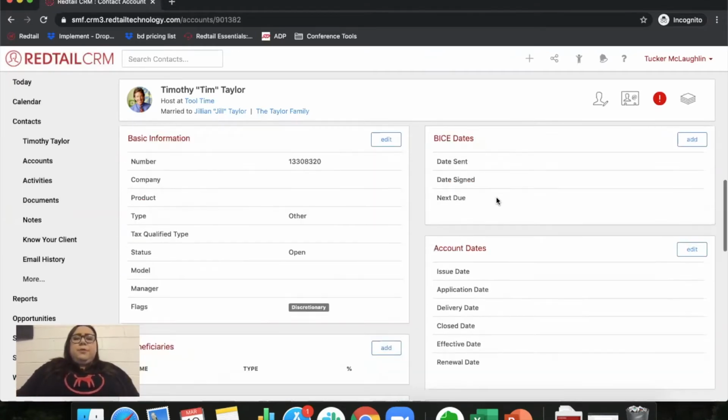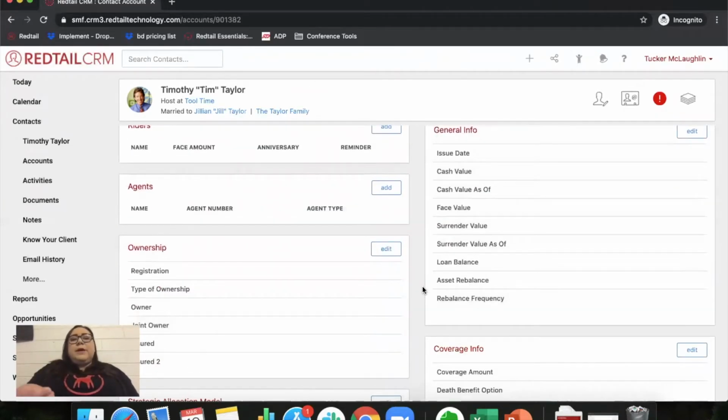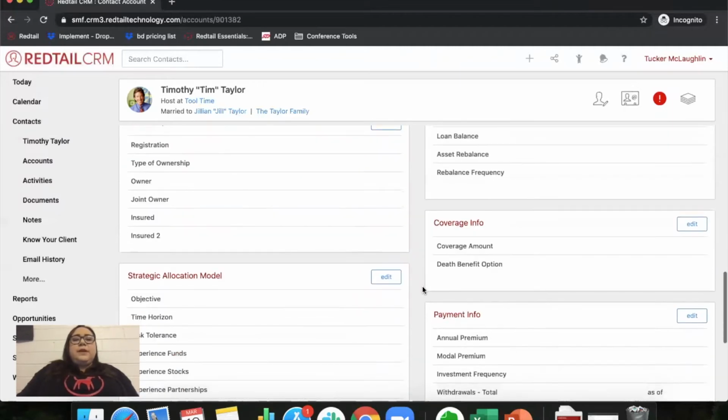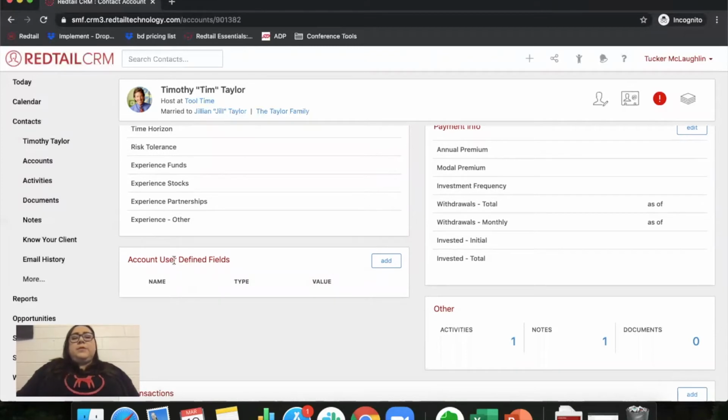If you're going through this and you're like, okay, this is all helpful, well, I can fill in this beneficiary, I can fill in those by states, I can fill in ownership. If you find that it just doesn't exist, it's a field that's not there, and you want to be able to report off of it, that's when I'm going to say, come on down to the bottom and you'll see this account user defined field. If you're familiar with those contact user defined fields, similar in concept, just strictly for accounts,